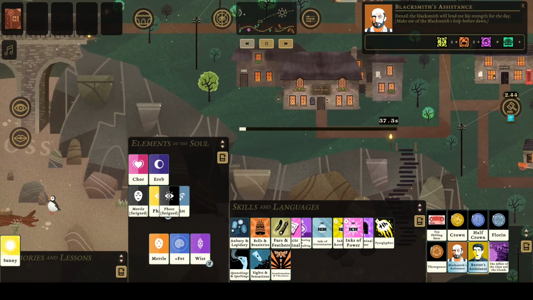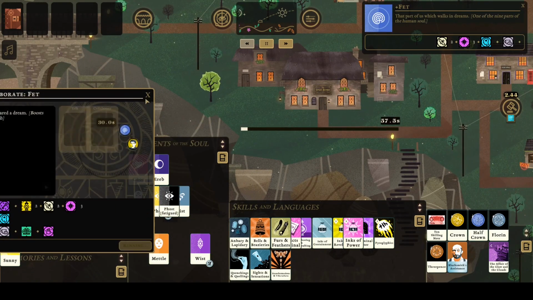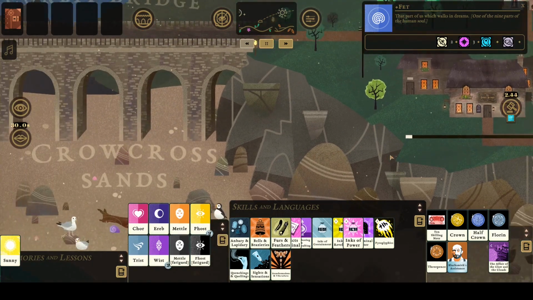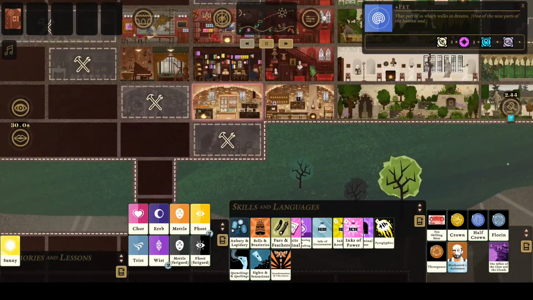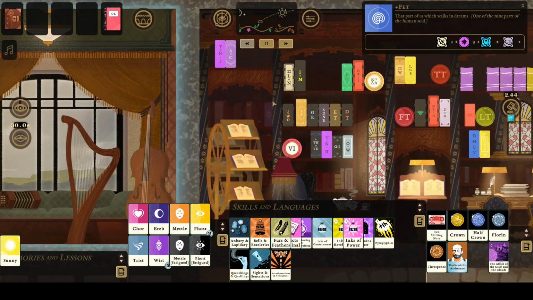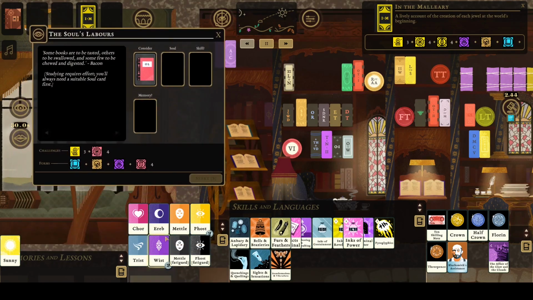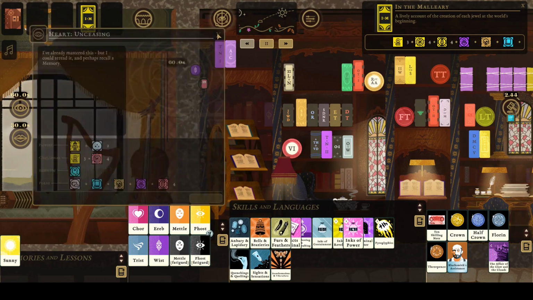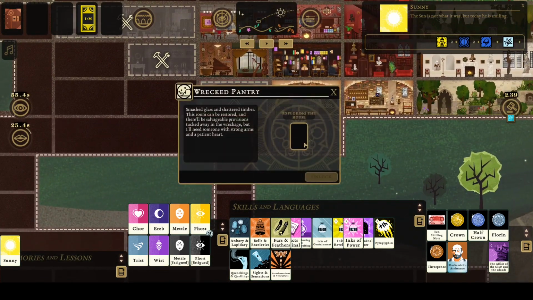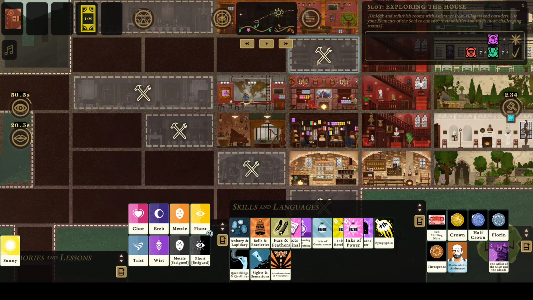Cool. So we can talk to you about Fet. And scrap the books. We're going to need those. That and in the Mallory. Start off with this one. Throw away some mist. Cool. So we also have sunny. It's a sunny day. So we are making